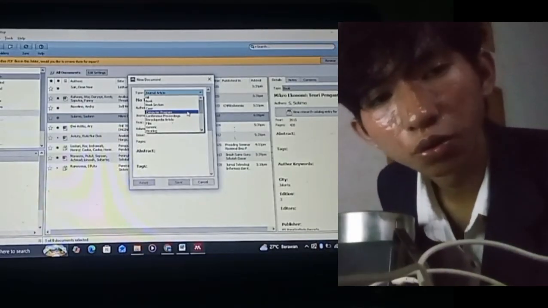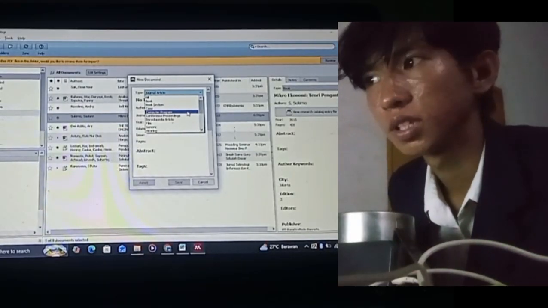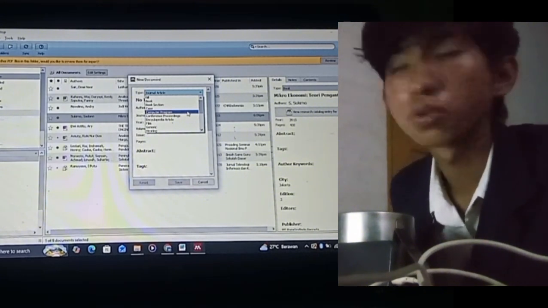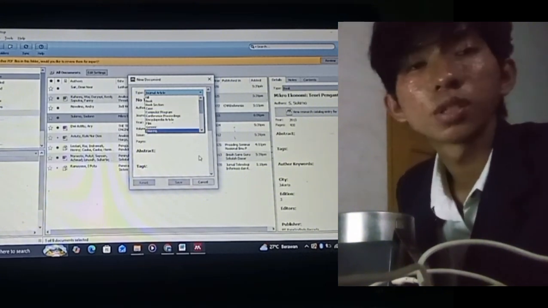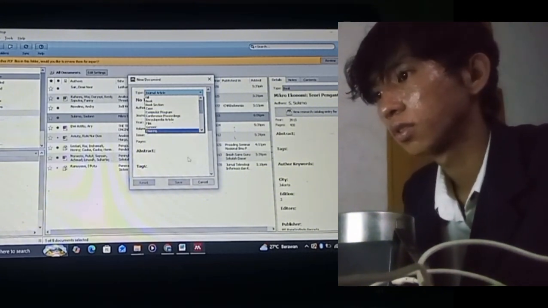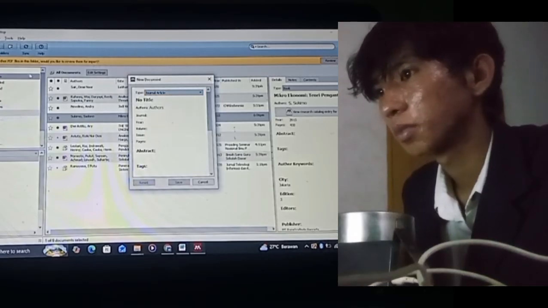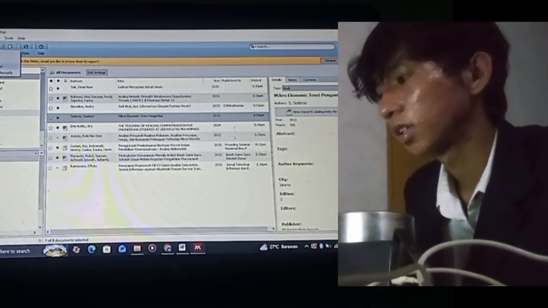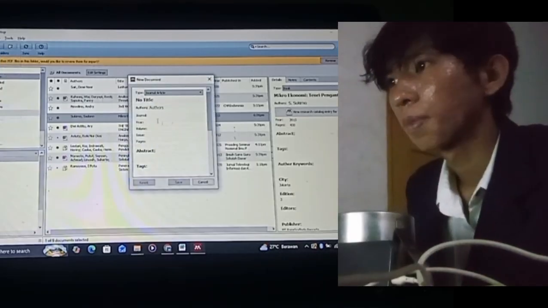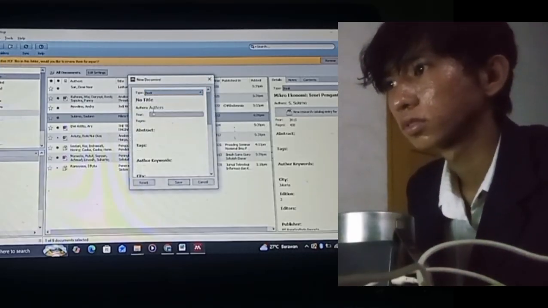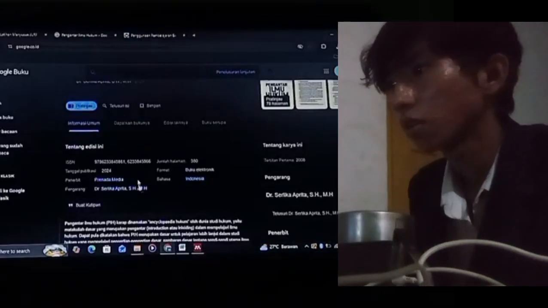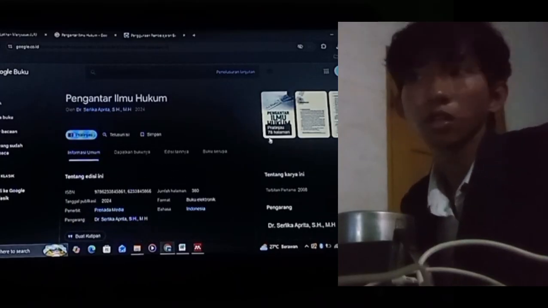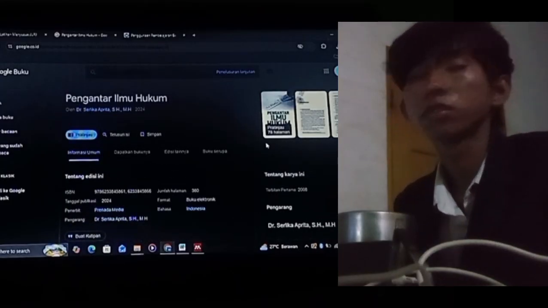The next is how to cite an ebook or internet book using Mendeley to Word. So open your Mendeley, add entry manually, type book, and go to Chrome and choose what book you want to cite.